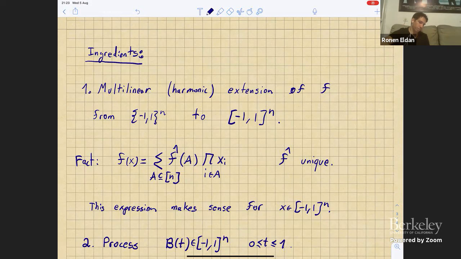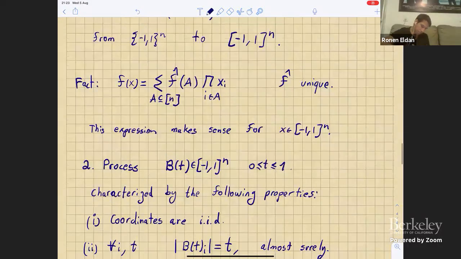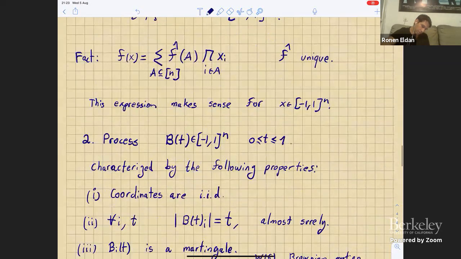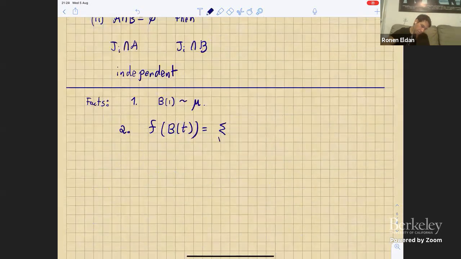Then f of B of t is the sum of those things evaluated at B of t. So let's write it. This is the sum over subsets, the Fourier coefficients times